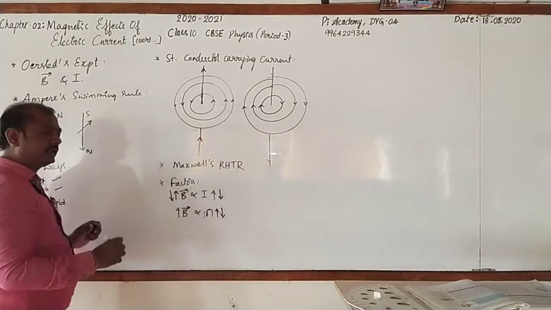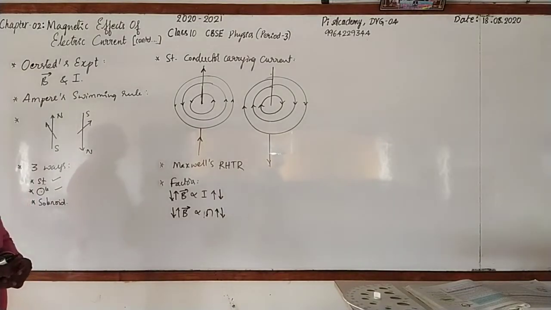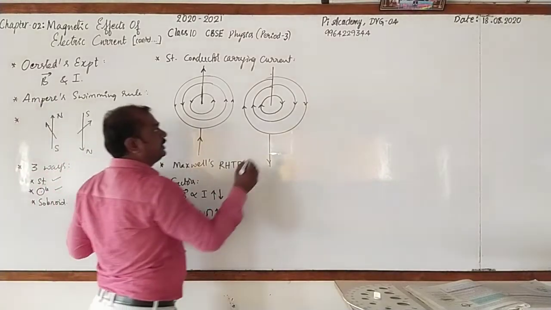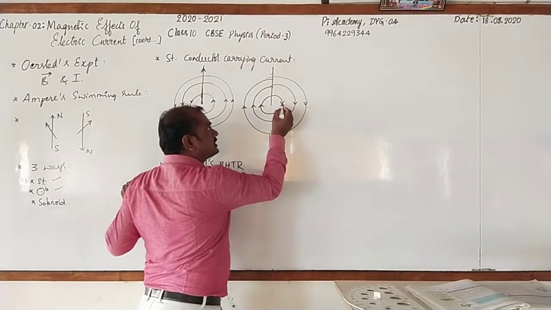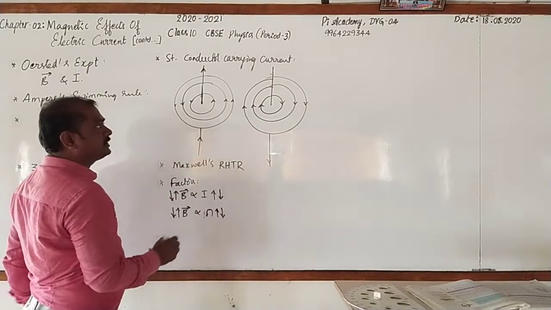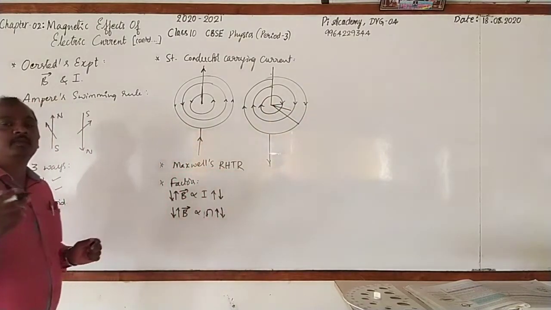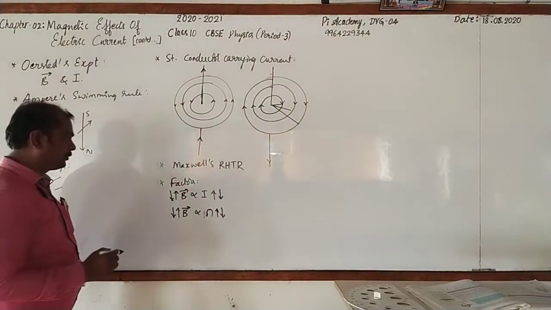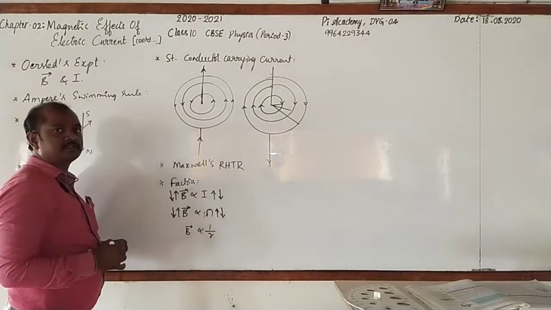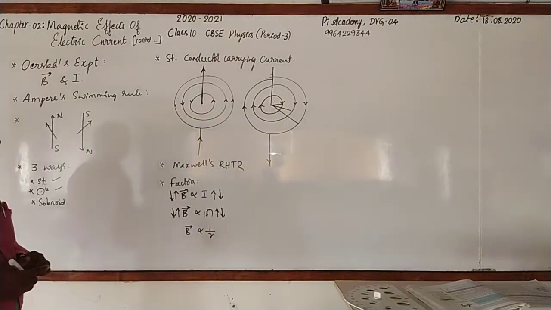Number of turnings decreases, then field strength also decreases. Then any other factor, it is very important: the distance of the lines of force from the conductor. How is it? Look, these are the distances. Now you tell whether it is directly proportional or inversely proportional. It is inversely proportional. The distance of the lines of force from the conductor is to be taken as R.